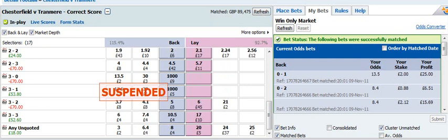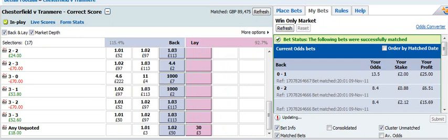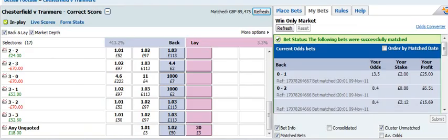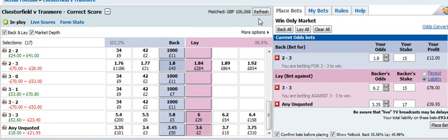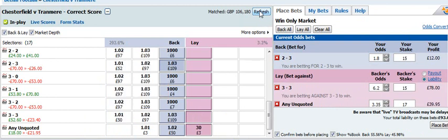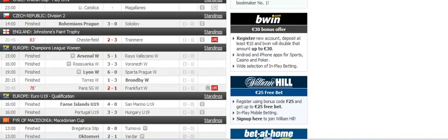Now, while I'm considering what I would like to do in this case, certainly I would have been looking to back 2-3 and 3-2 at this point. Remember that we've got this £50 green, which is okay on the over 4.5 market, but it's not quite enough. So I would have had to back those three scorelines. Now, as traders, we always have to be quite decisive. Yes, I was not dithering so much, but thinking about what stakes I was going to put on the 2-3 and 3-2,